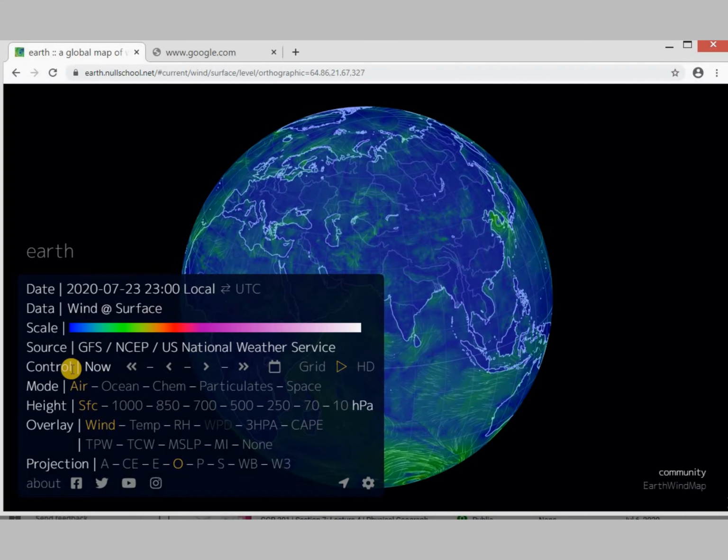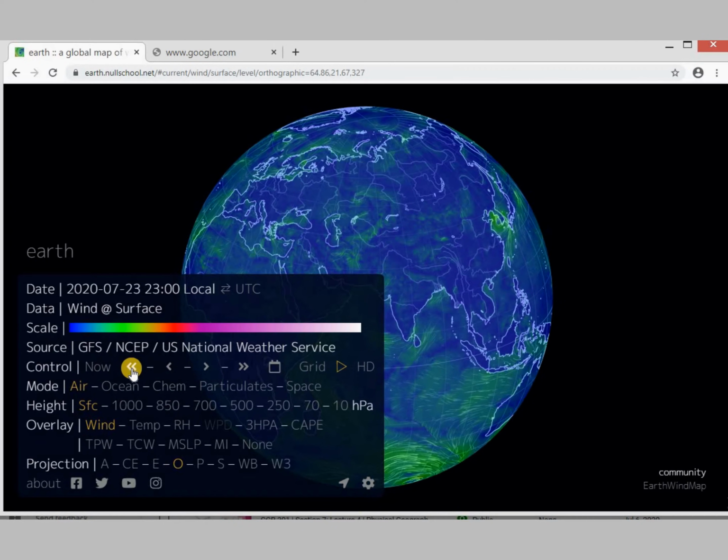National Weather Service. And here this thing, the control, here we can explore the data for the past and the data for future. So the past data is the recorded data, while the future data is predicted by the supercomputers.